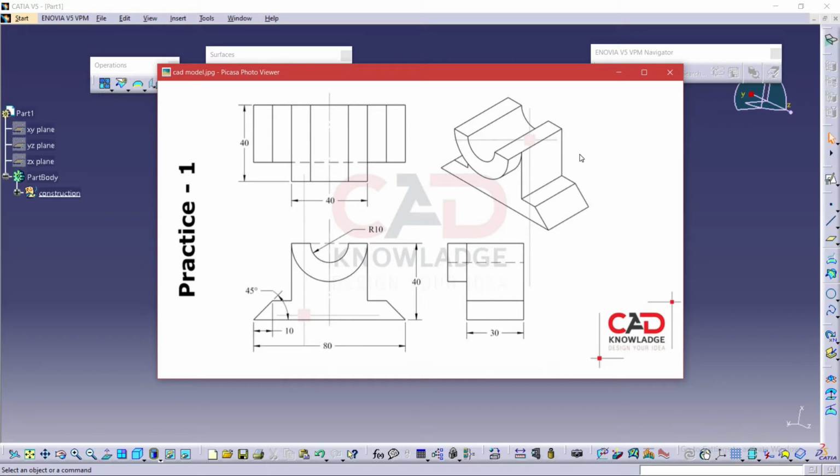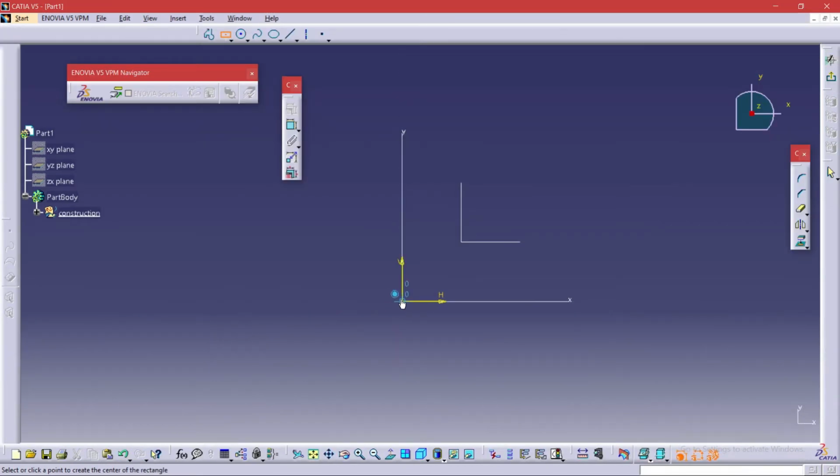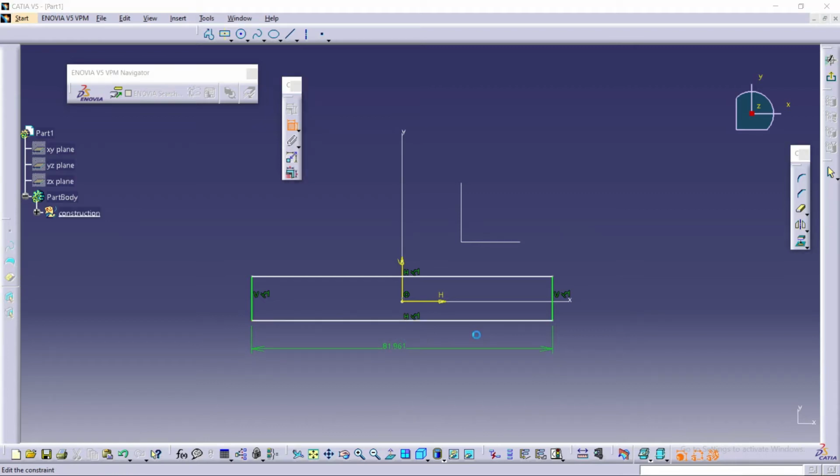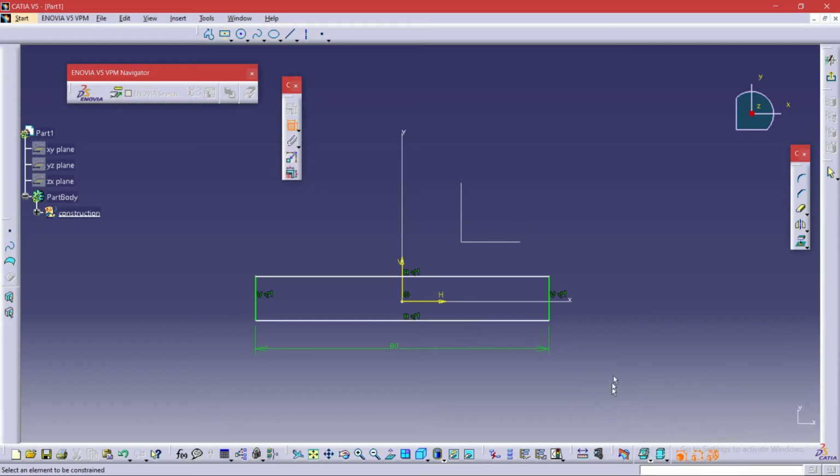In surfacing, there is one rule: you cannot make the things part by part. You need to make it in a single piece. The next thing you need to choose is which plane to choose. So I'm going to take the front plane, that is the XY plane. After going into the plane section, I'm going to start with the base section. To create a base, I'm going to use a simple structure, that is the rectangle itself. As you have seen in the dimensions before, the length was 80 mm and the breadth was 10 mm. After doing all this, we can get the basic base structure.